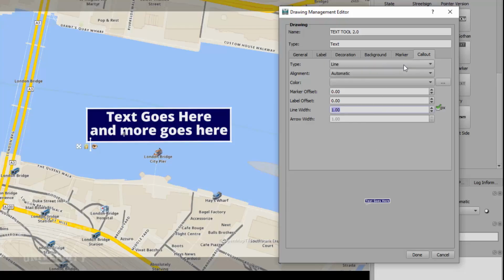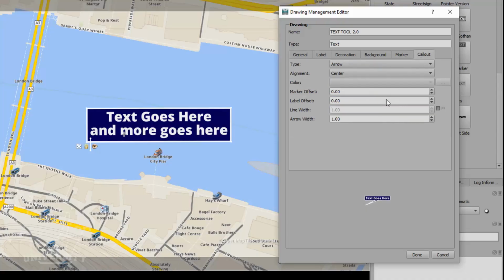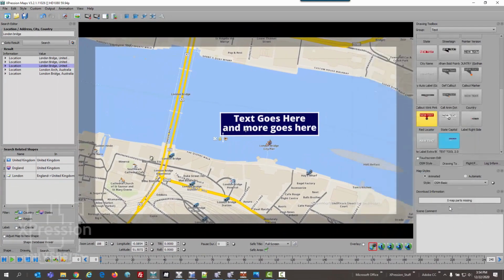I'm going to go back to arrow, and I'm going to choose from automatic, my alignment. I'm going to make it be center, and I'm going to go back here and change my offset. And what you're going to notice, not to 0, I should say. I'm going to make that be more like 2. And when I come back there to my arrow and I place that out there and I move this around,